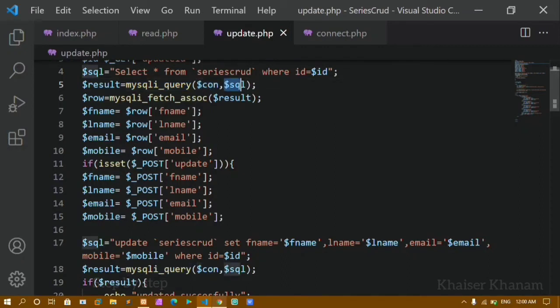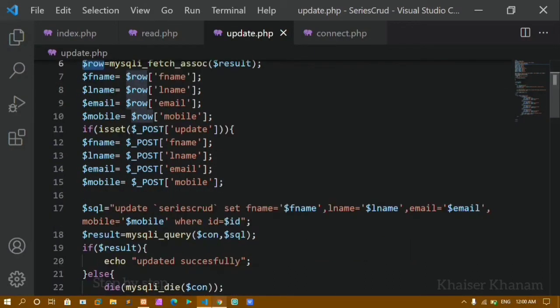First is connection and second is SQL, this query variable. Now using this MySQLi fetch assoc, we can get the data from the database. I'm getting the data, this result variable I'm passing here, whatever data I'm getting, I'm storing inside this row variable. Now each time I'm accessing fname, I'm storing inside this variable, lname I'm storing inside this variable. This is the database name.